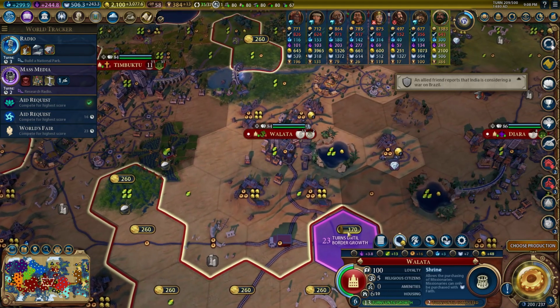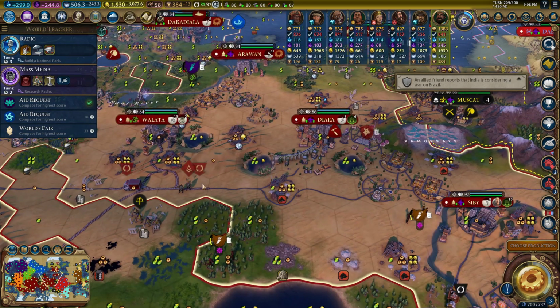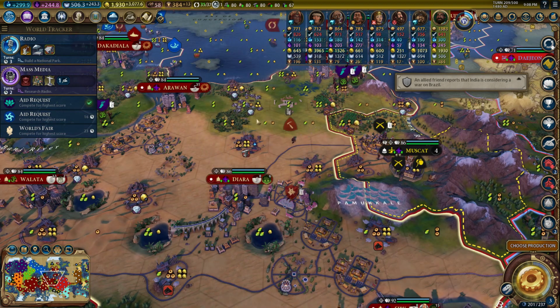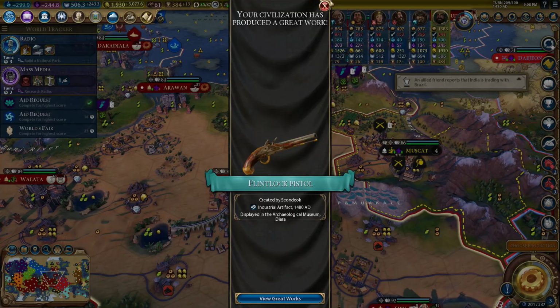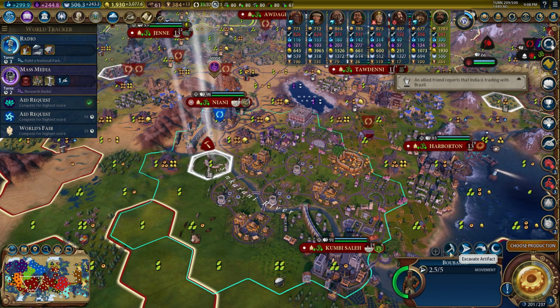So I was saying we just buy this tile to get him off of it, to let us continue our railroad to Diera. We get a little Korean flintlock pistol. We clear out this tile for sure, because we want to build an